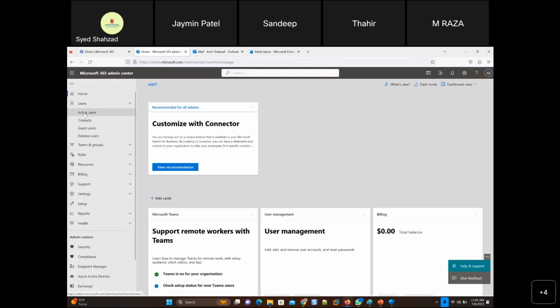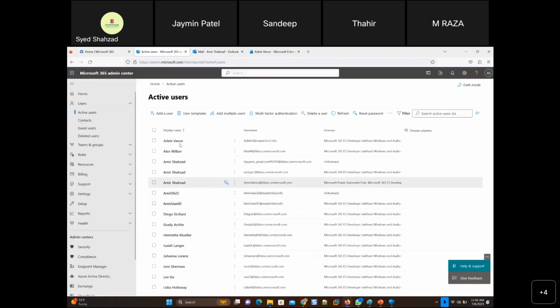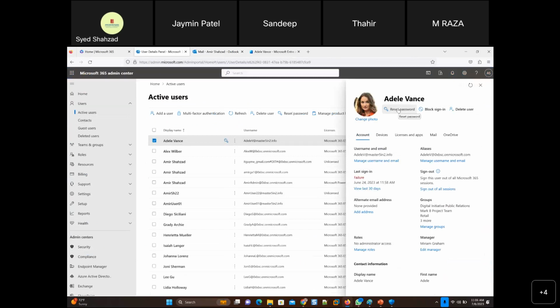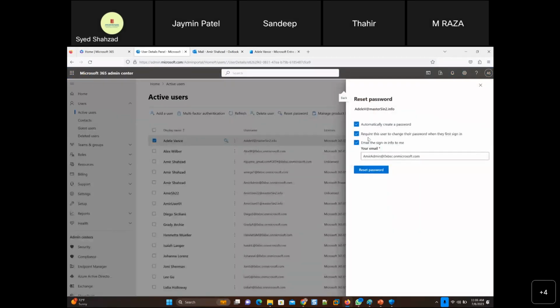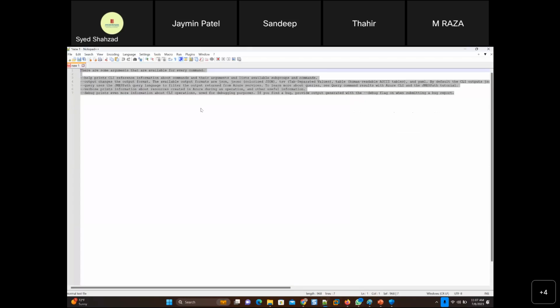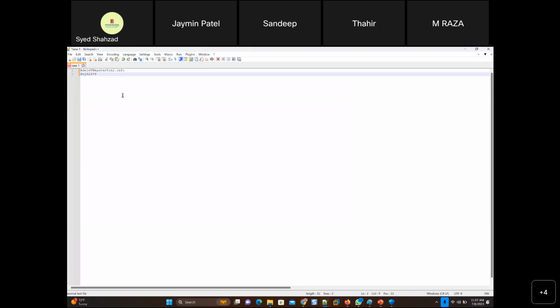So if I go to users, active users, and go to Adele, I don't know the password, so I'll go for require this user to change password. No. Permanently create a password, reset password. I need to know the password. Okay, this is the username and password that I need now, just to show you quickly. I open the notepad, and there I need a username and password.